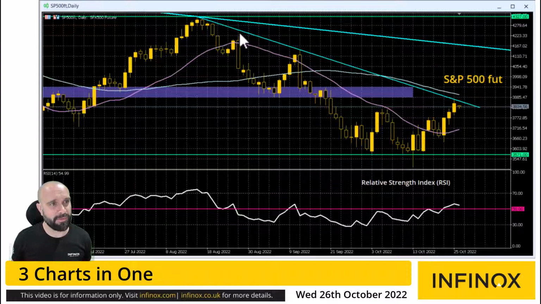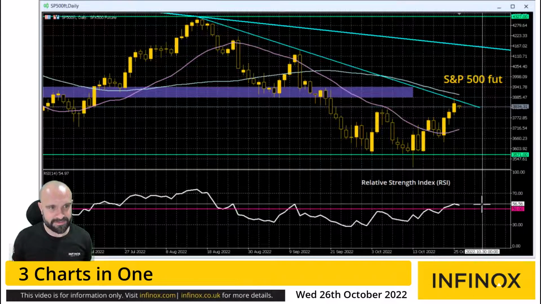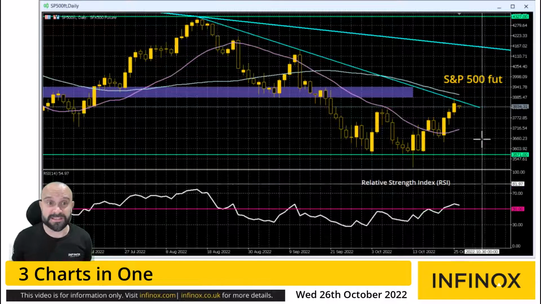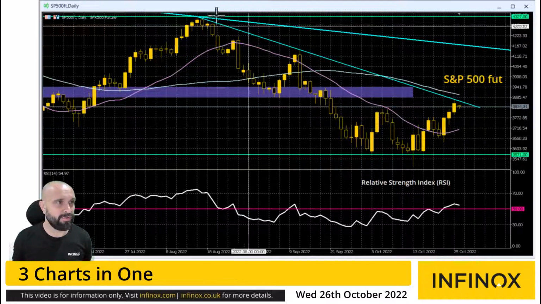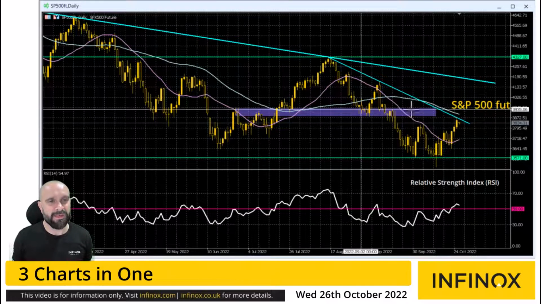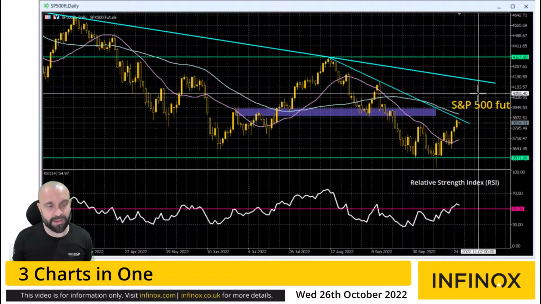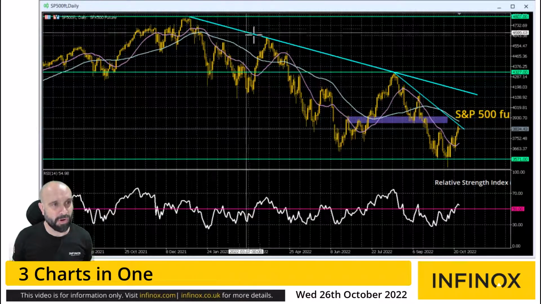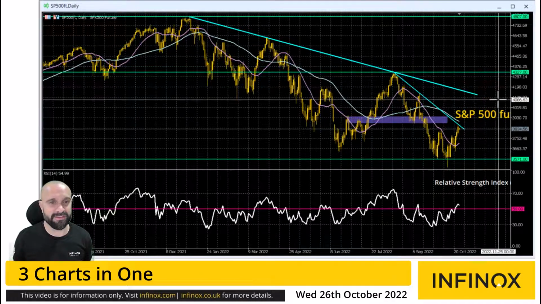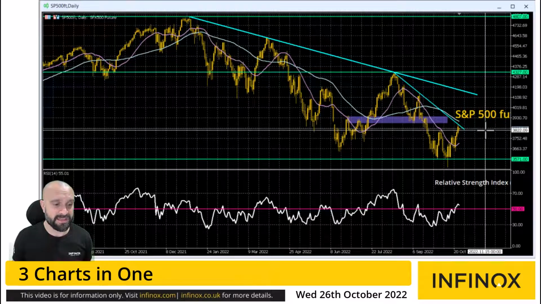So there is this recovery, but look at this downtrend. Hit it yesterday, backed away. And look at that also on the RSI, relative strength index, hitting that 55 level, just backing away. So this is a move that needs to continue, needs to break through that downtrend. If it can break through that downtrend, it really does sort of start to test the overhead supply of an old pivot band, but then we start to really get a potential recovery going into the 4,000s, and then you can start to think about the bigger primary downtrend of the sell-off through 2022. But this is certainly a recovery that is developing well here